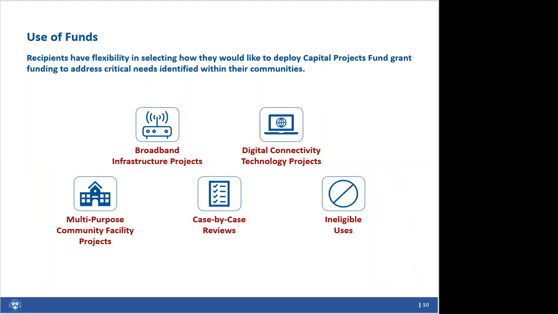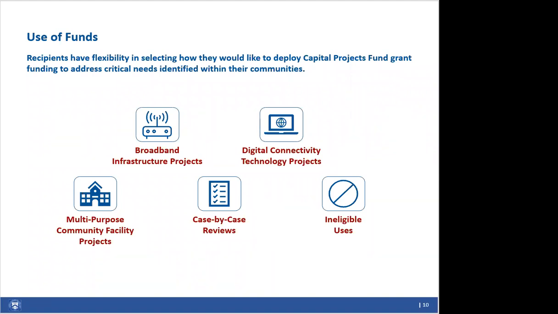Treasury's goal here was to issue guidance that is effective and clear and explains how states, tribal governments, territories, and freely associated states can choose to use Capital Projects Funds to best address the challenges that they face. As part of this process, we held extensive consultations with recipients and stakeholders, particularly those who represent historically disadvantaged communities. We wanted to hear about their needs, and we have taken this feedback into account in preparing this program guidance.